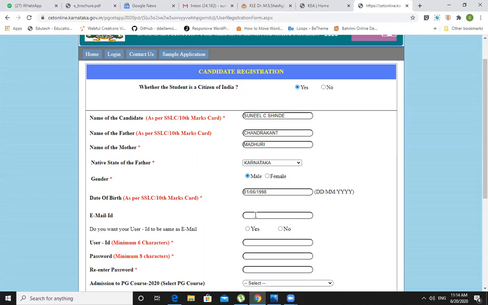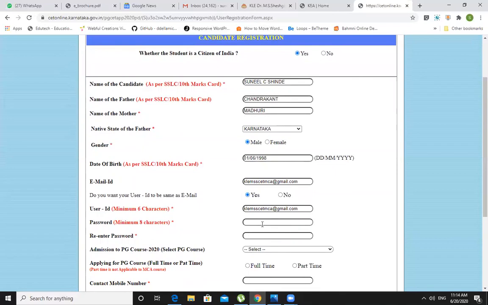Okay. Then you need to give the email ID. If you want to use your user ID as email ID, that would be better. So choose yes here. Then your email ID as your user ID itself. And after that, you need to choose the password.